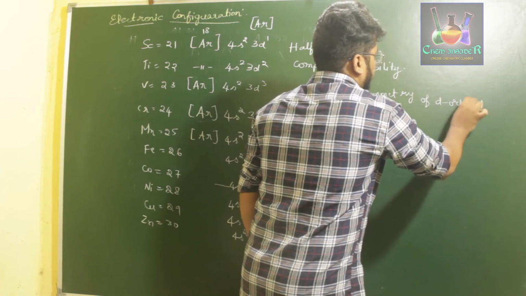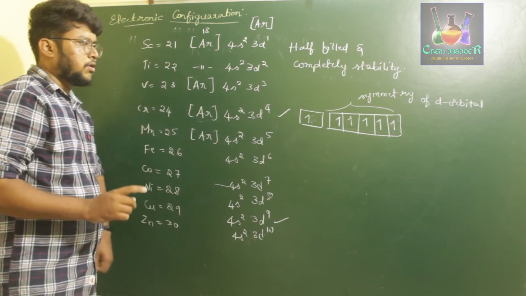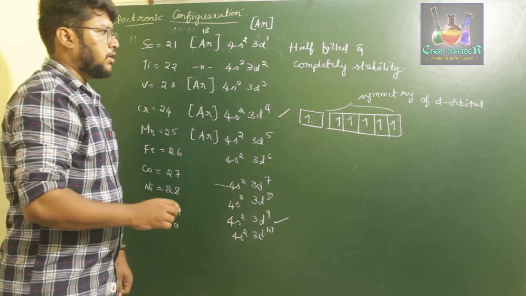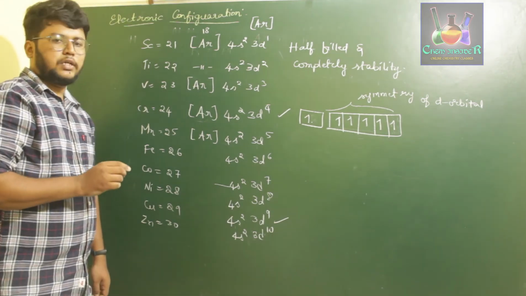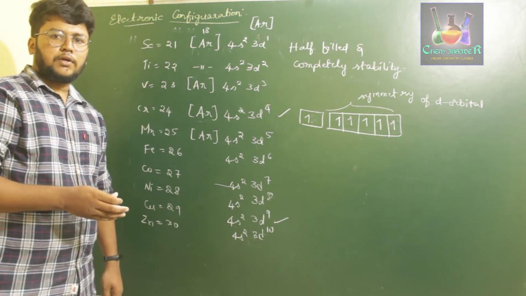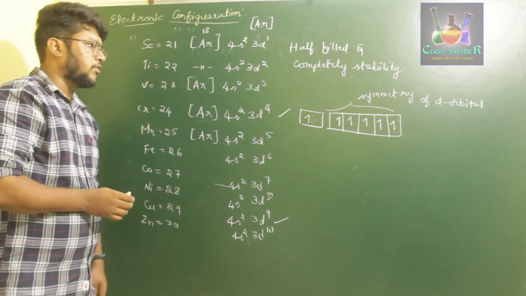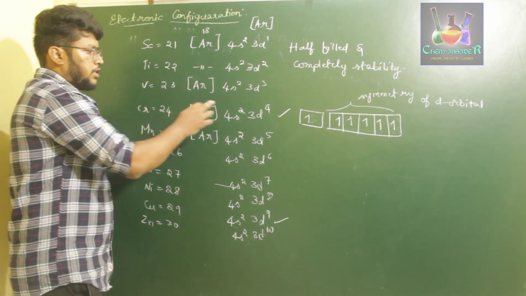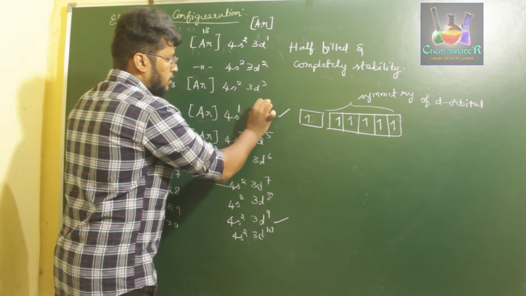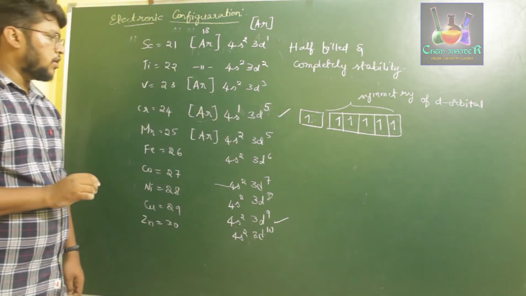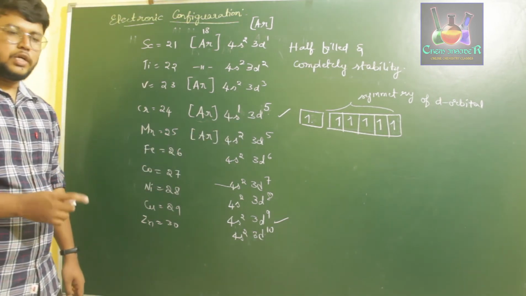This symmetry of the d orbital is because of half-filled electrons, that is, 1 electron present in each of the d orbitals, called a half-filled d orbital. So the stability of this half-filled d orbital is more when compared to the stability of an unfilled d orbital. So therefore, in chromium, instead of writing 4s2 3d4, we write the configuration as 4s1 3d5. So the electronic configuration of chromium is 4s1 3d5 but not 4s2 3d4.